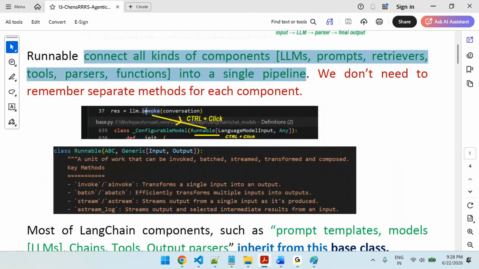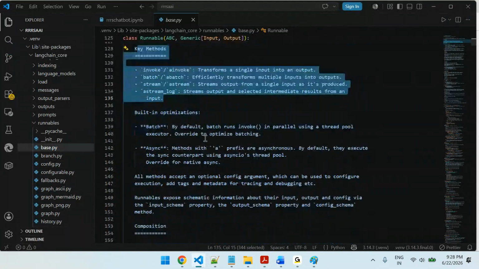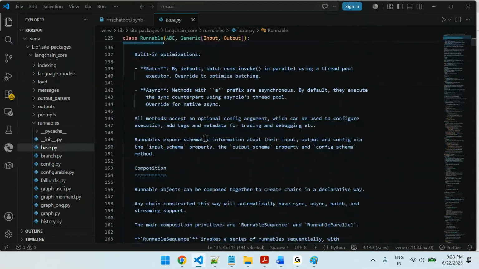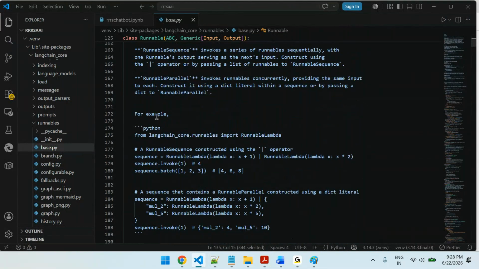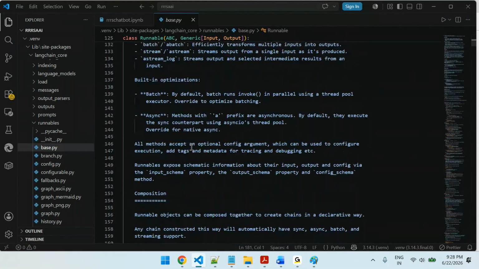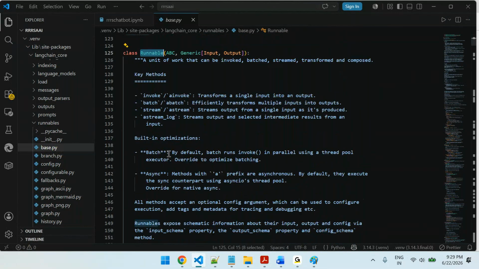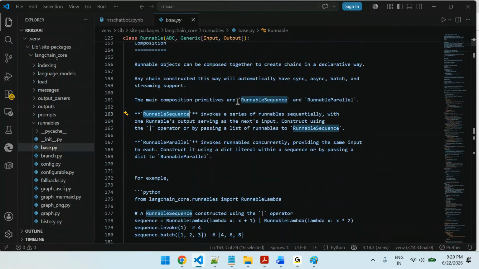As I mentioned, you do control click, then it will come to runnable. Then you do control click, and it will show all the corresponding methods. It's not only methods here. If you come down, this is how you can see the help also. You can see the methods, what kind of things it is doing, and example code. All these things it will show you. So you can see here runnable is providing the methods, and also